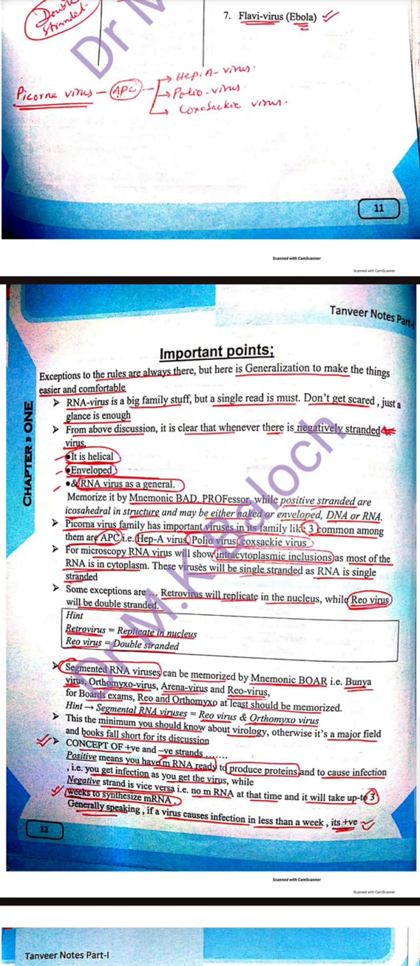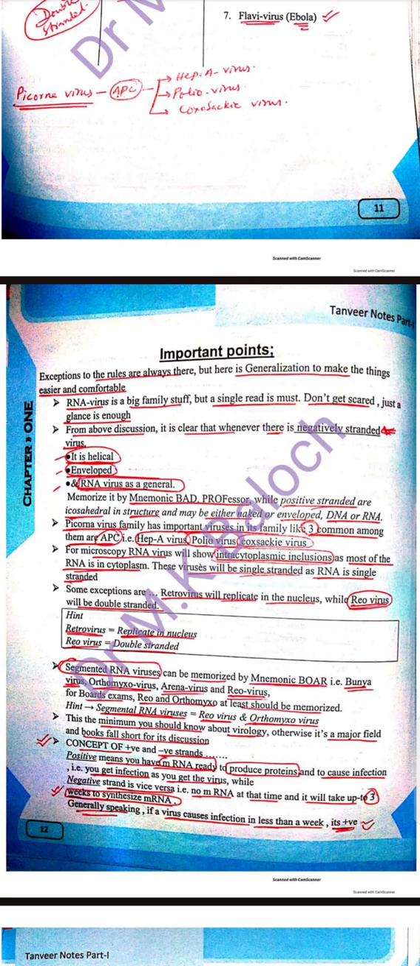The coronavirus family has important viruses in its family. Three common among them are APC, hepatitis A, poliovirus, and Coxsackie virus. These are APC virus, we say them APC. These are APC, coronavirus. Hepatitis A, polio, and Coxsackie virus. These are coronavirus. Per microscopy, RNA virus will show intracytoplasmic inclusions, as most of the RNA is